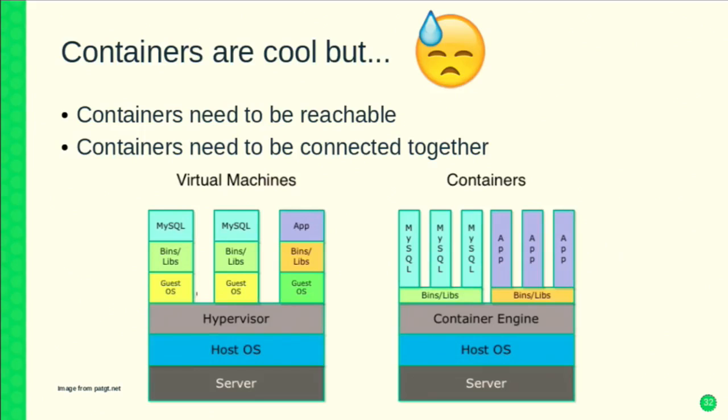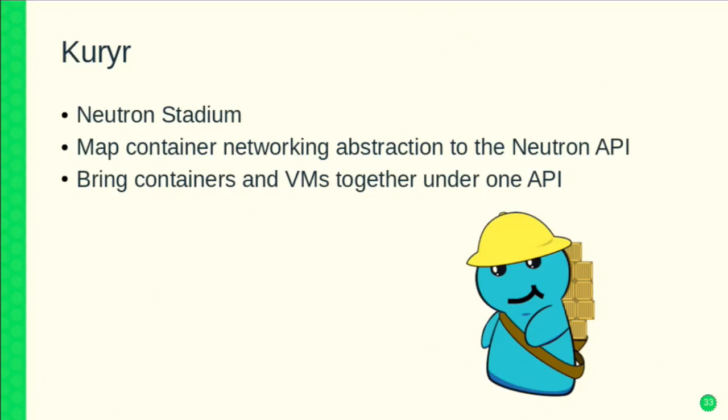You have multiple containers in one host, and you want to be able to connect them. Things get even more complicated when you have several hosts, and you want to connect the containers across them. Then you might want to enforce some ACLs. So it's really a challenge. Then you can have a host, a VM, and inside the VM you can have containers, so there are really lots of levels of abstraction here. That's why the Kuryr project was created, to integrate networking for containers into OpenStack.